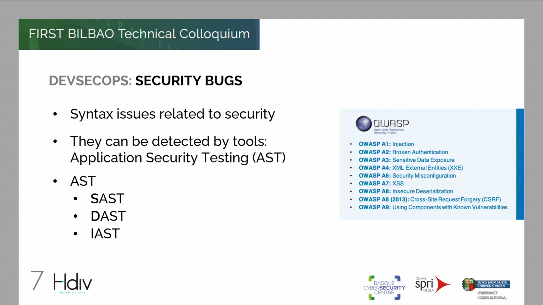We have many issues within the OWASP Top 10, which probably you know about, that are related to security bugs. Why do we have a lot of security bug issues within the OWASP Top 10? Basically because the OWASP Top 10 is created from information from security providers and the community, who mostly generate data and issues related to this kind of risk. That's why within the OWASP Top 10 there are a lot of issues in that area.